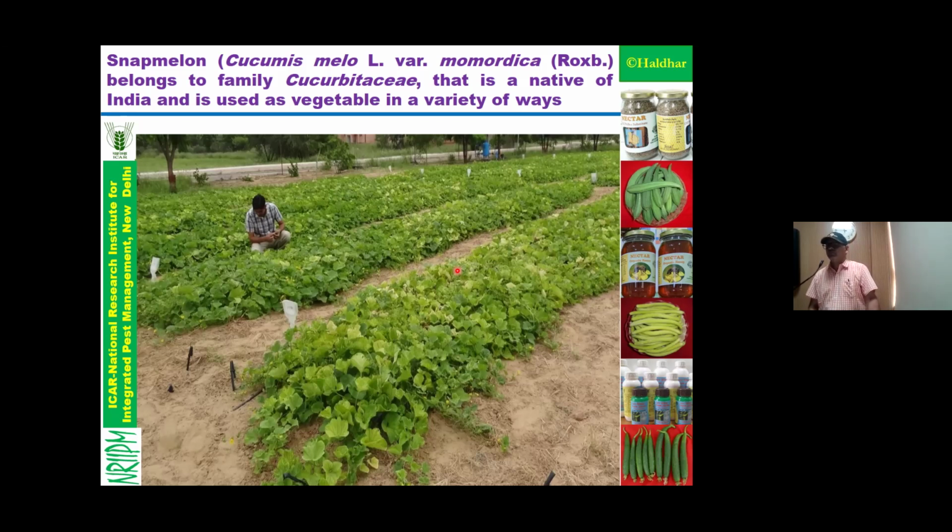Yes, sir. Whatever management practices there are, or some induced resistance, like some chemicals involved in induced resistance, that can also be Bion or something like that. Some biocontrol agents also can be used, because they will delay the expression of viral symptoms, or some chemicals which can control the vectors so that the incidence will be less. So in that angle, when you are developing an IPM module, it has to take care of the viral disease also. Okay, sir. When you are presenting, all these things should come. Okay.